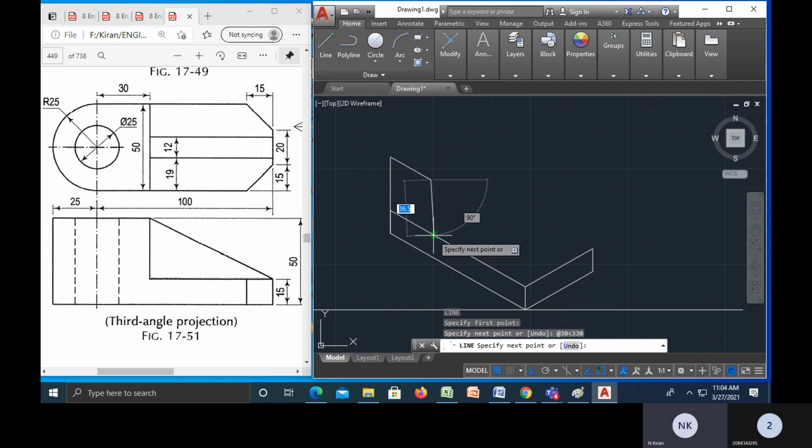Enter. Now again I will draw. Enter from this point, and the 30 mm,